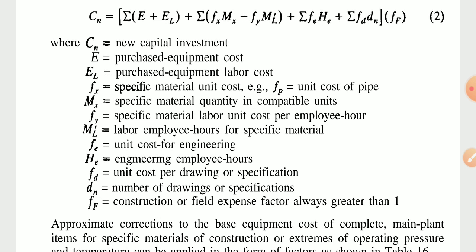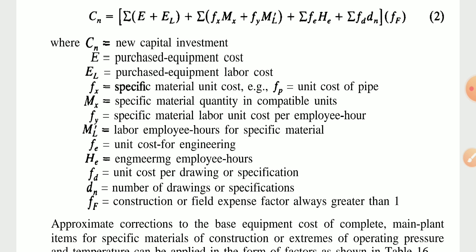f_x is specific material unit cost, for example f_p, unit cost of pipe. m_x is equal to specific material quantity in compatible units. f_y is equal to specific material labor unit cost per employee hour, and m_l is equal to labor employee hours for specific material. f_e is equal to unit cost for engineering,